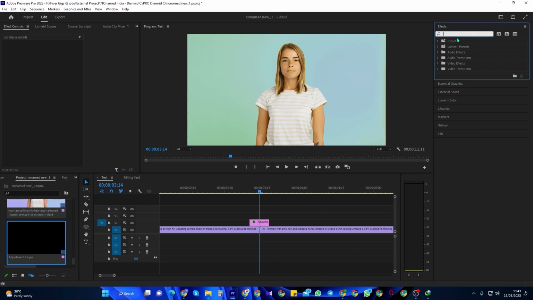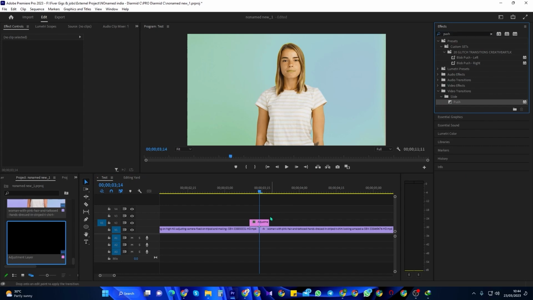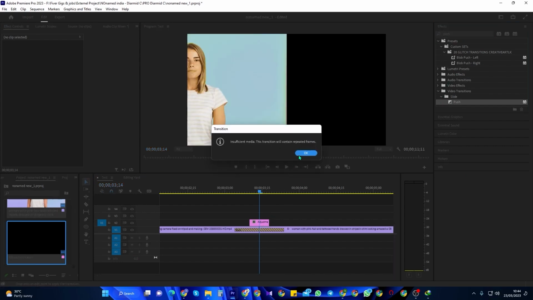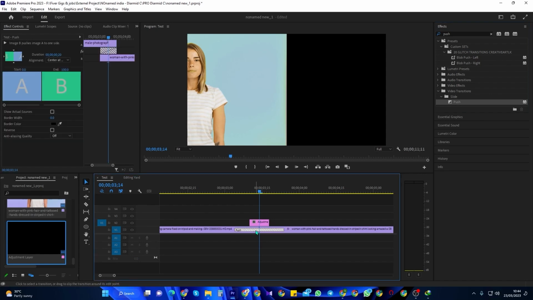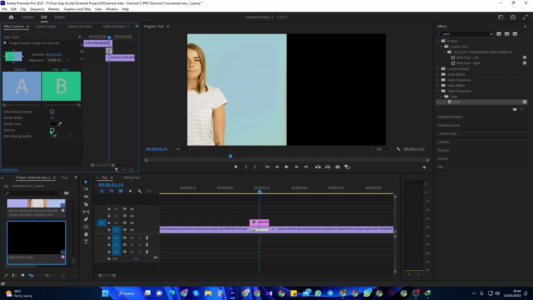Then go over to the Effects panel and type Push in the search box. Drag the push effect between your 2 clips, then select the transition and go up to Effect Controls. Change the duration to match your adjustment layer. So I'm just going to put 8 frames. Also, if you have a hard time placing your post-transition between your clips, change the alignment here to center at